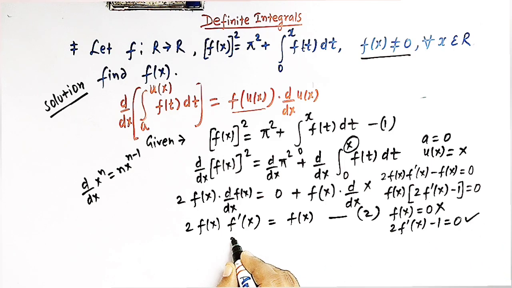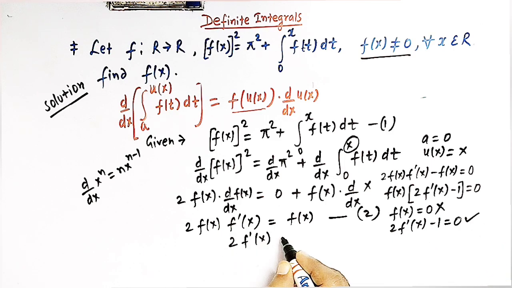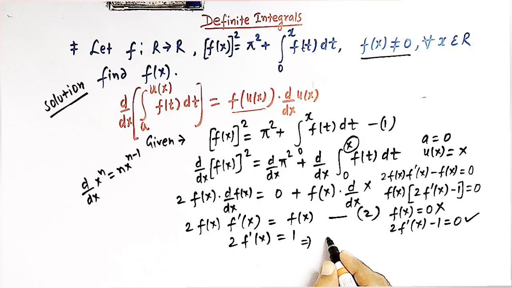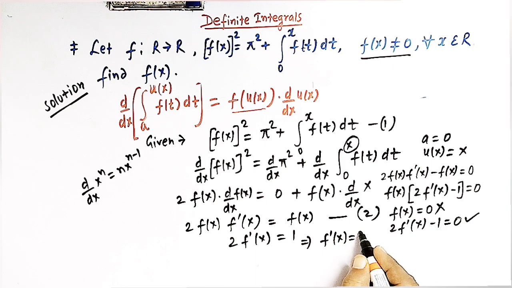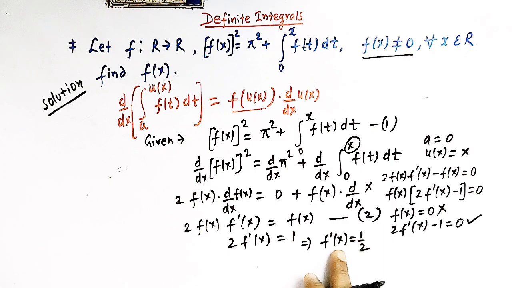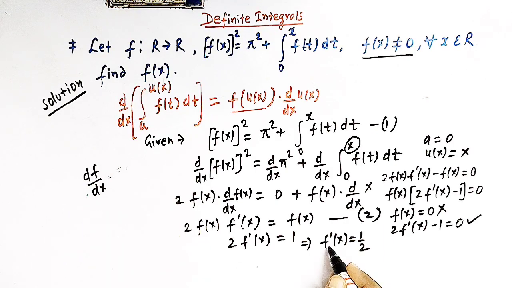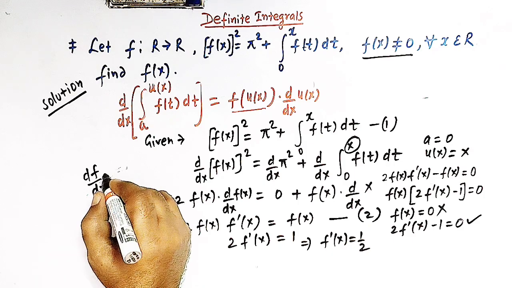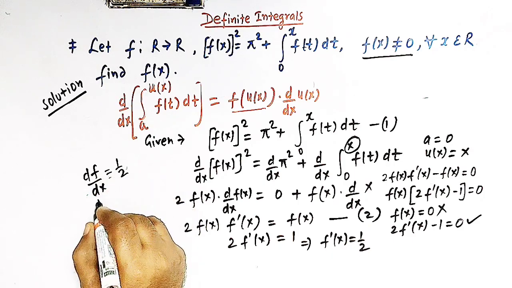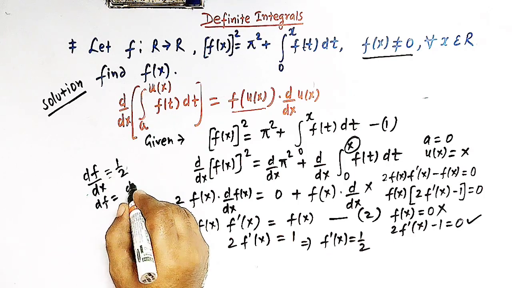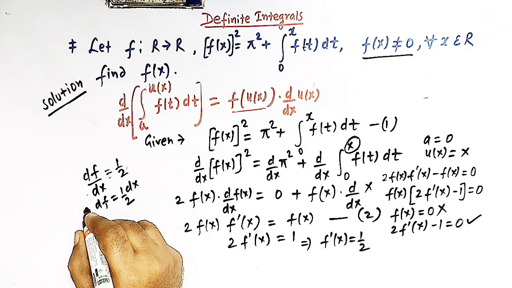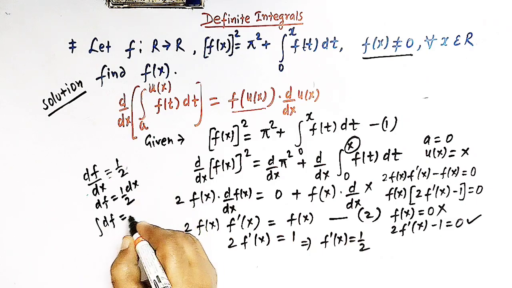So we have 2 times f prime of x is equal to 1. So let us solve this differential equation. We have f prime of x is equal to 1 over 2. So now we can write this equation as df over dx. For f of x, we are taking the notation simply f, and here we have half. So we can write df is equal to half dx, and integrating both sides, we have